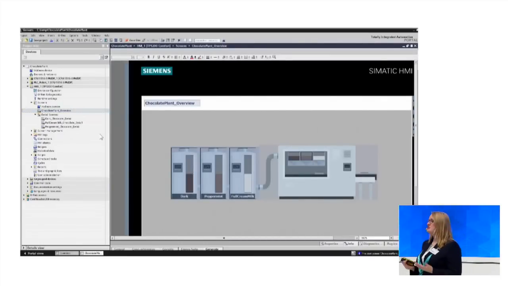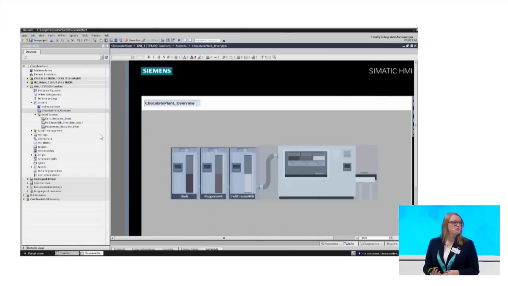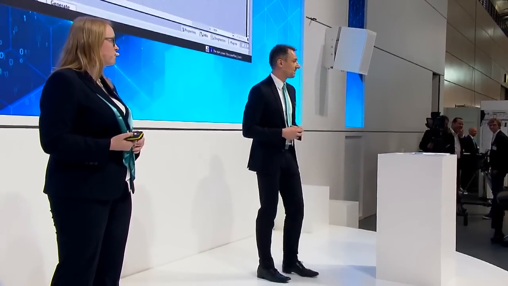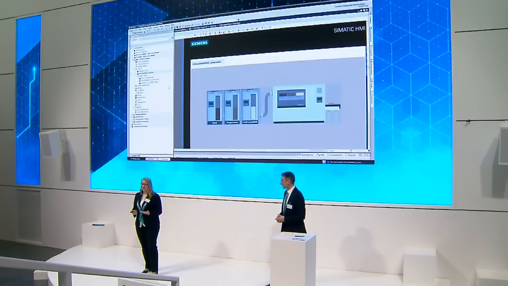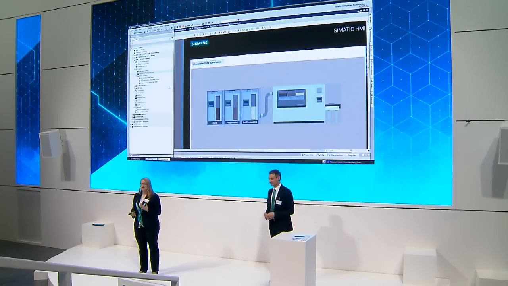And as I'm working with the TIA Portal libraries, I can easily define standards and make sure that all my operating devices are structured the same way. And changes in the control program are automatically updated in the visualization. So this eliminates a lot of sources of errors. And at the end of the day, the automation goes a lot faster. In this way, digitalization already offers very concrete advantages for you today. Engineering tasks can be performed automatically, and sources of errors are eliminated.